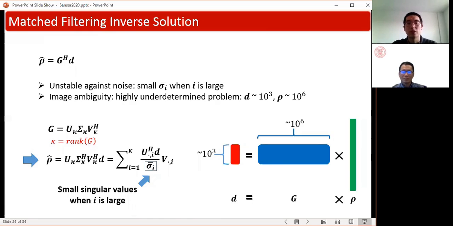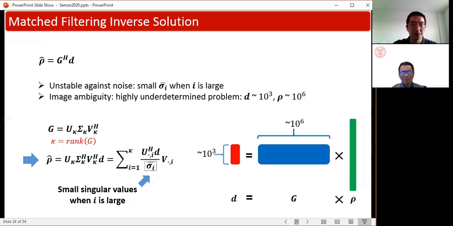The first one, which we term as the match filtering, is a simple solution by applying the Hermitian of the parameter matrix G onto the data vector D. If we perform the singular value decomposition, SVD, for matrix G, the solution can be written as a summation as shown in the slide. It is simple to implement, but very unstable against noise, because the small singular values on the denominators of the terms with a large i in the summation amplify the noise in the data vector D